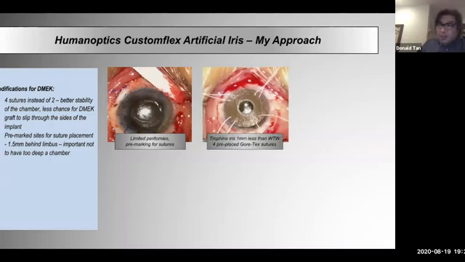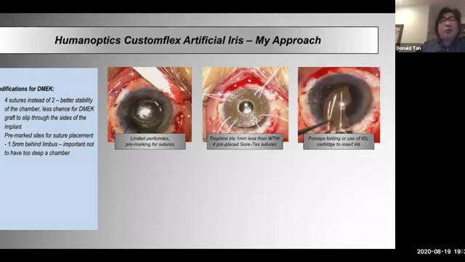They always recommend refining this, because 12.8 is pretty large, and you usually measure the standard white to white diameter on the table. And if you're suturing this, it's 1 millimeter less. So if the white to white is 12, my usual size is maybe 11 millimeters. I'll just use a standard PK trephine. And you can see here, I've already trephined it, and I've used Gore-Tex sutures, and these are mattress sutures that we've used to secure the implant.